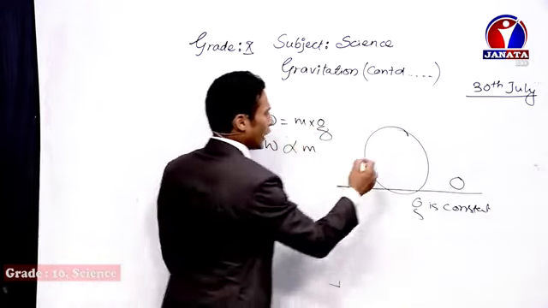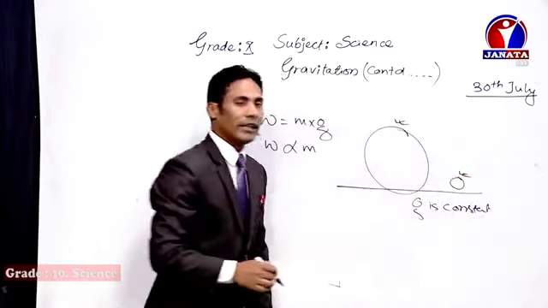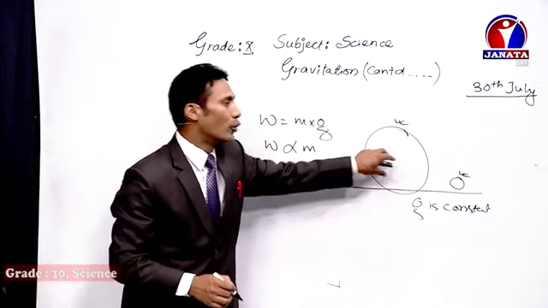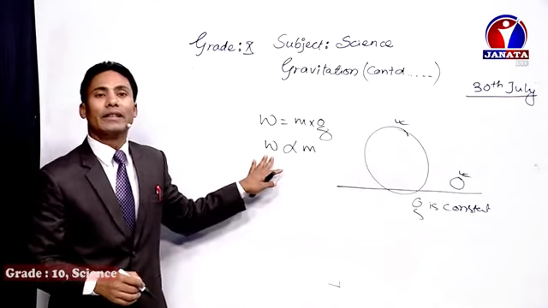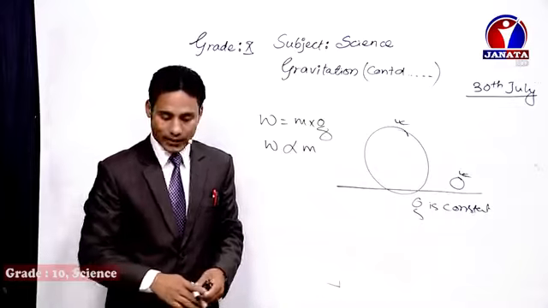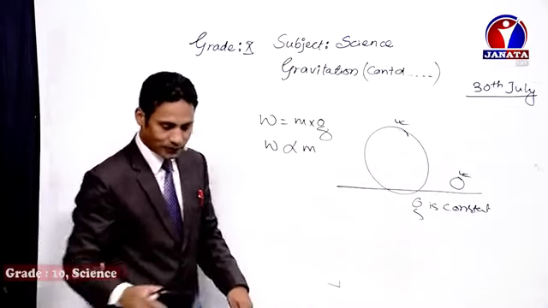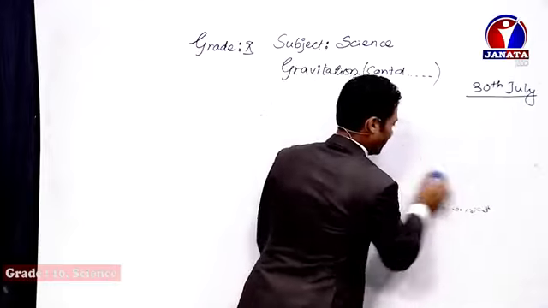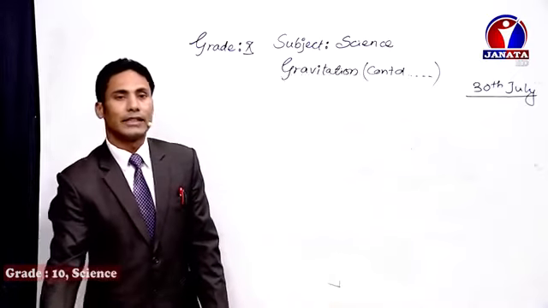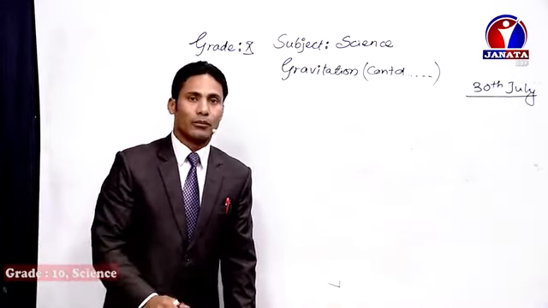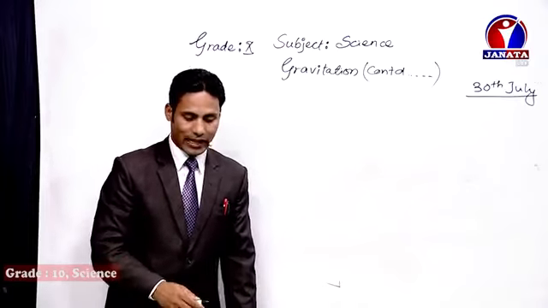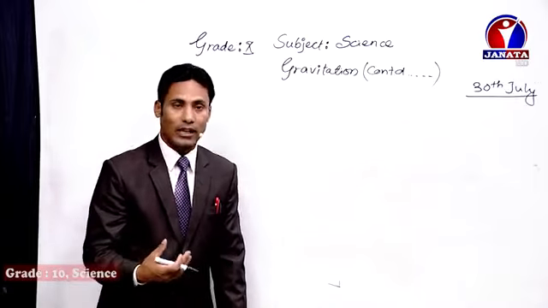That means if we check the large stone and the small stone, definitely the large stone has more mass. Due to the presence of more mass, more weight will be there. That's why we feel it difficult to lift up the large mass than the small mass. That is the next give reason. Clear this one? Okay. So these are some give reasons. Whenever you answer a give reason, try to answer with the help of a specific reason. Okay, if you insert some mathematical condition over there, that will be good while writing the answer.